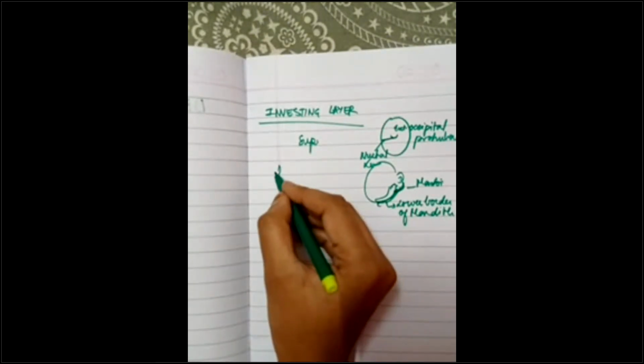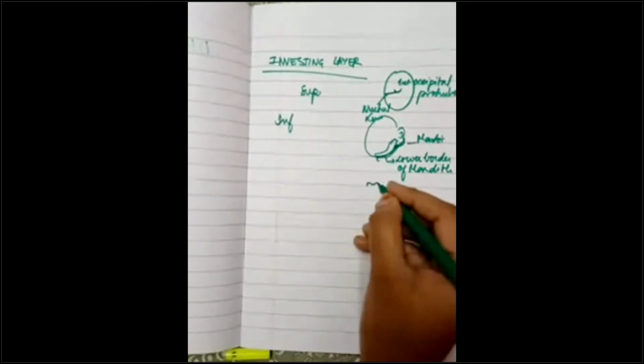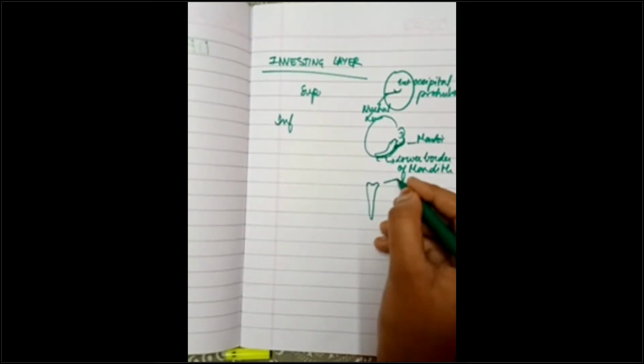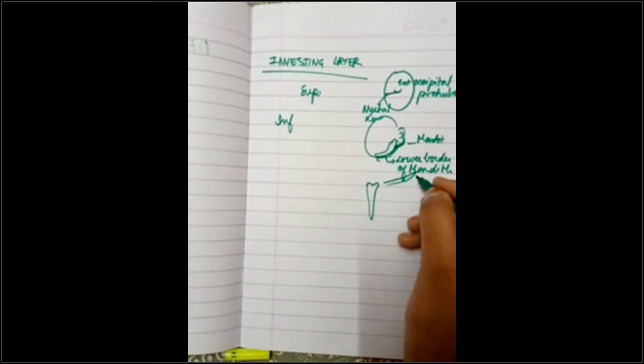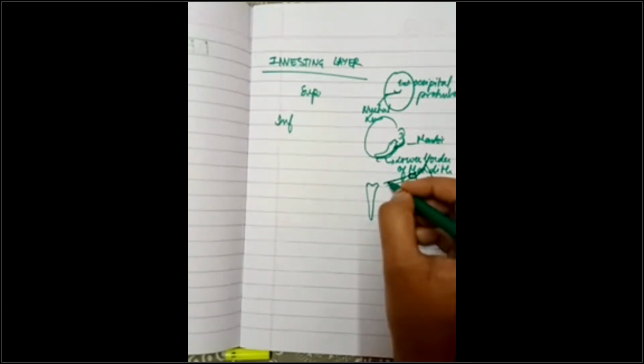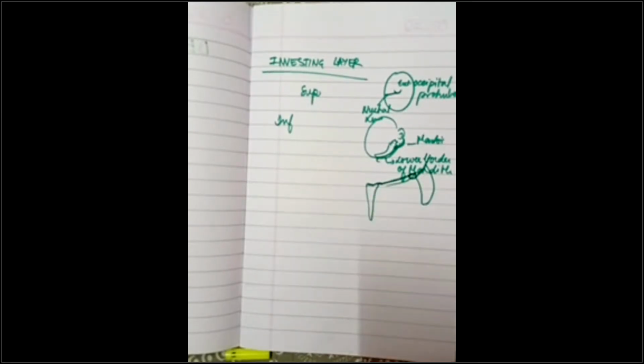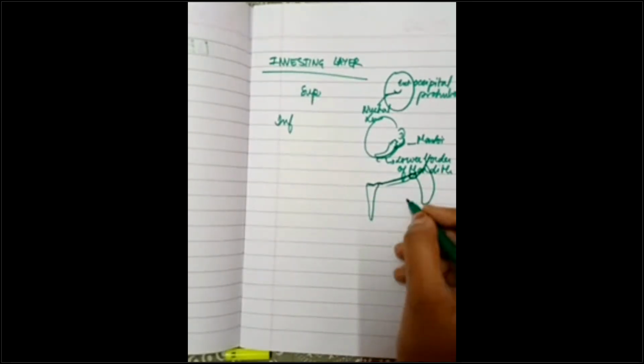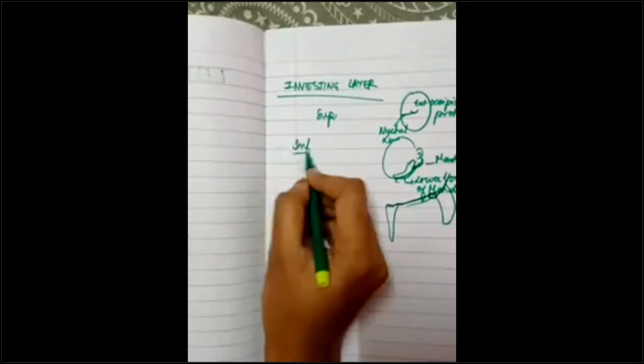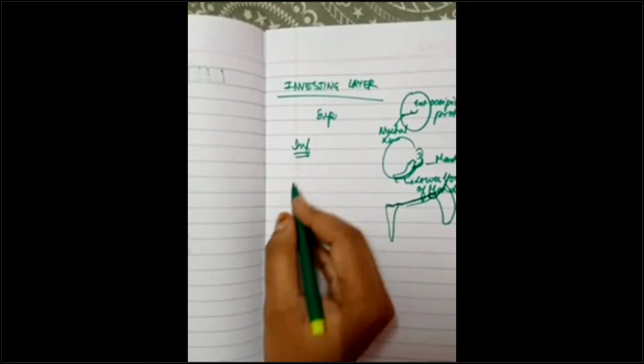Then inferiorly, what do you have? Inferiorly here you will be having your hyoid bone, your clavicle beside it, and posteriorly you will have the spine of scapula. So if I draw it here, the spine of scapula, then the acromion process over here, then the upper border of clavicle, then your jugular notch. Inferior attachments done, superior, inferior.